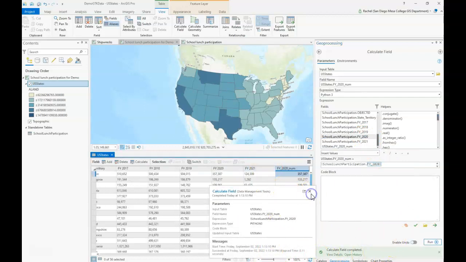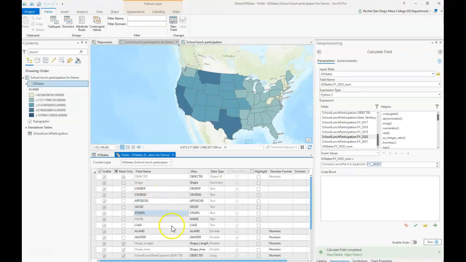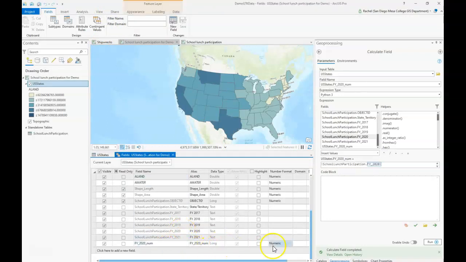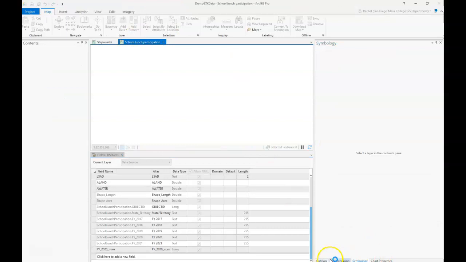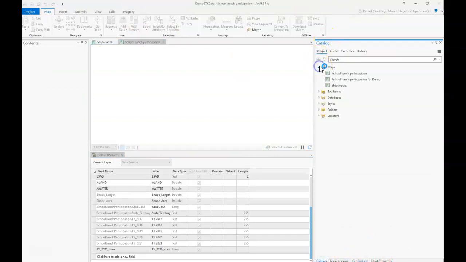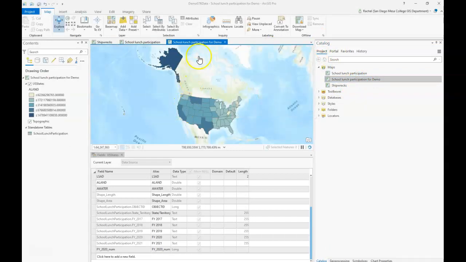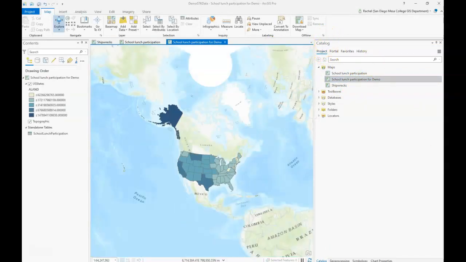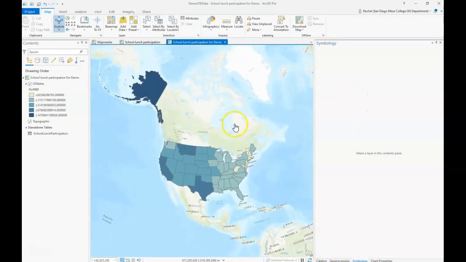And we'll see now we have our values that are aligned or right justified, and if we go into our fields information, we'll see that this is a numeric data type. So now we can go to our symbology. Oops, I just closed that map. If you ever do that, it's here under your maps. Just double click it and open it back up. Okay. So now we can go back to our symbology, change it from